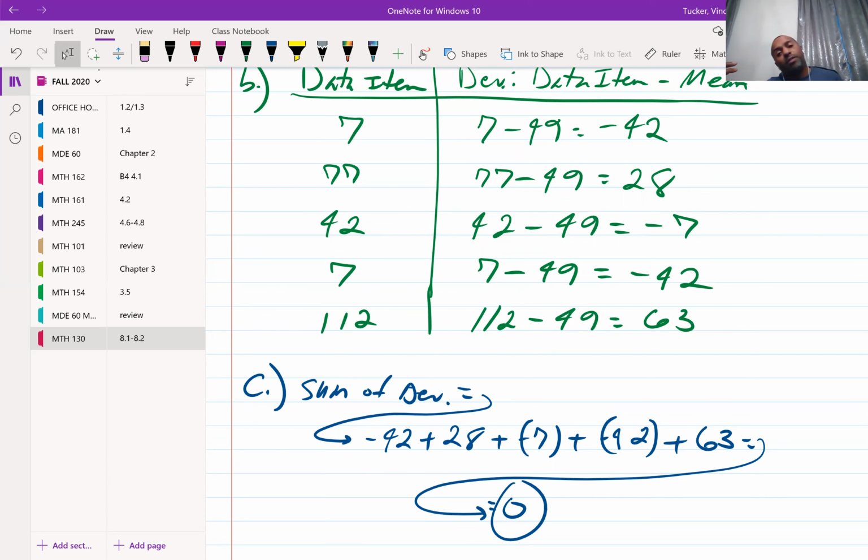All right. So that's it for 8.1 and 8.2. And like I said, that's it for the new material. So from this point forward, I haven't posted an exam review yet, so I'll post that. And we'll be looking to get ready for the final. Also, as we continue to meet, how long the class goes from this point forward will be dictated by you guys, because I'll just be answering questions. So if you have those questions, make sure you come to class so we can knock them out